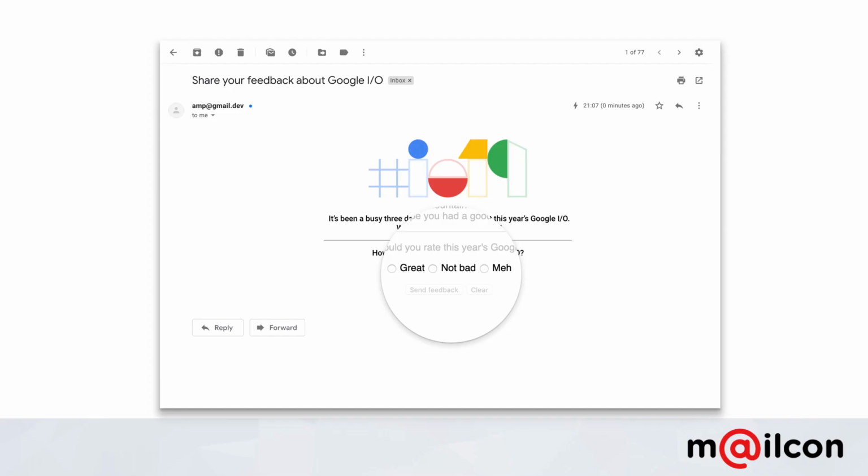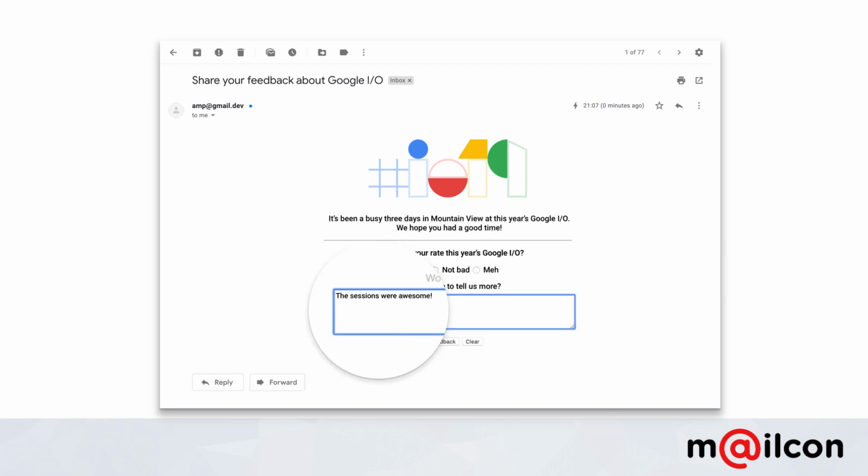So by lowering that friction to responding, we get a much higher response rate from our audience, and we get a better idea of how the conference really was for them, which was the key metric we wanted to measure with this email. So let's look at some of the things that are new here. We have the interactive radio buttons that users can click on right from inside the message. And when they do that, a new section shows up with a text field so the users can add